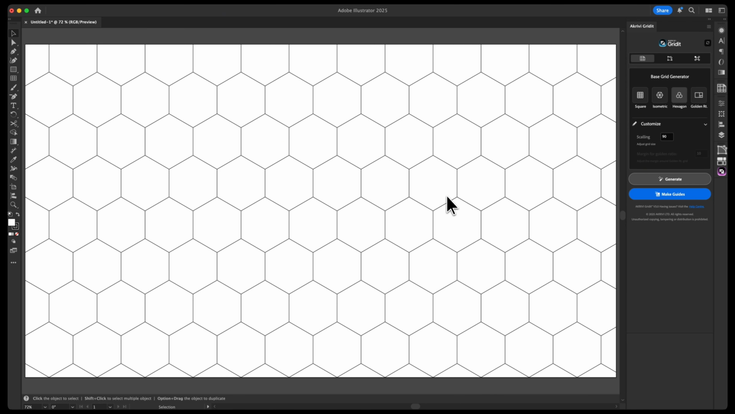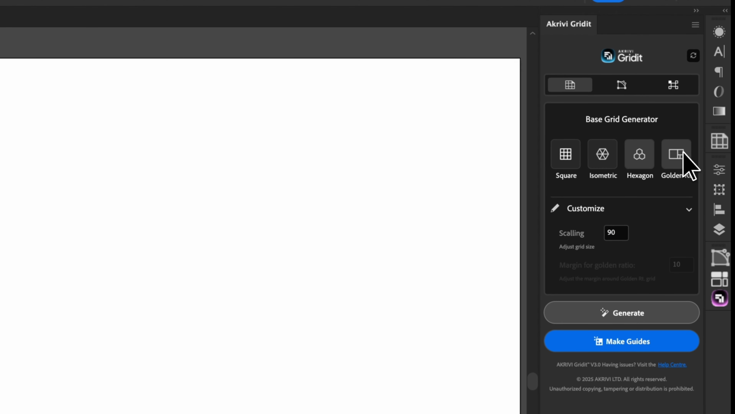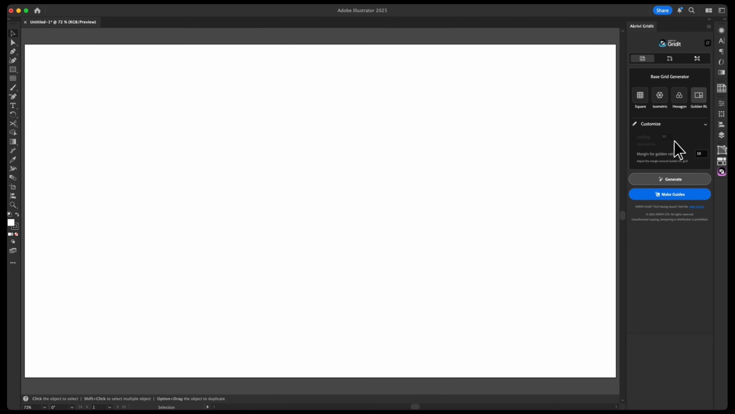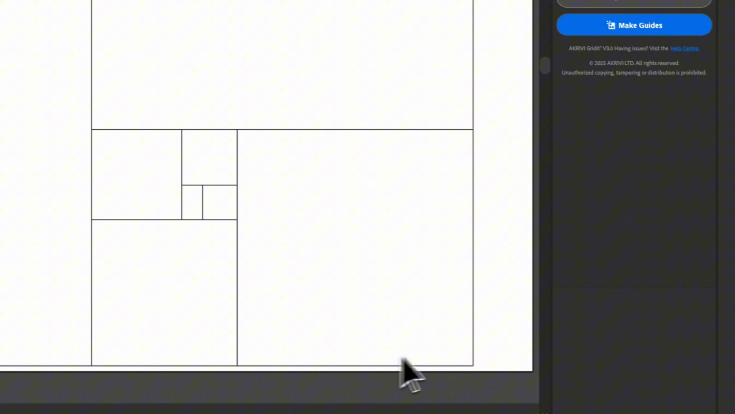With the golden ratio grid, it's slightly a bit different. So if I undo that grid, now I want to create a golden ratio grid. If I click golden ratio, you can see this option is no longer available. And that's because the scaling works differently for the golden ratio grid. So instead, what is available is margin for golden ratio. So let's say I want to generate the golden ratio,